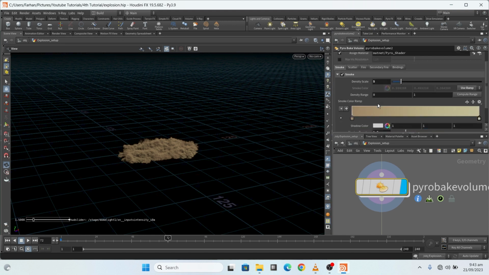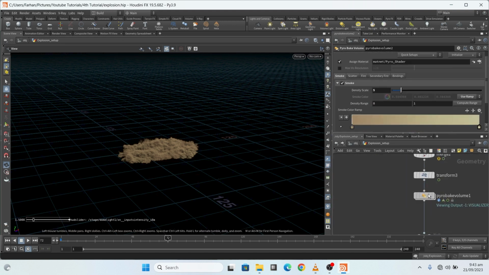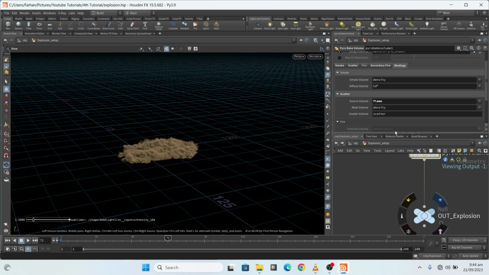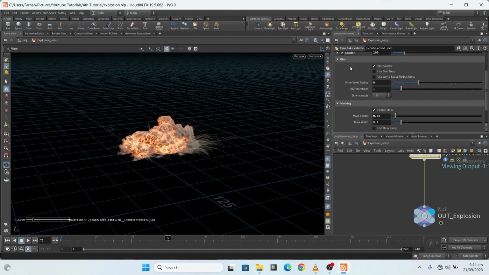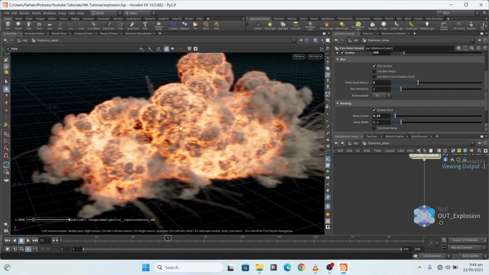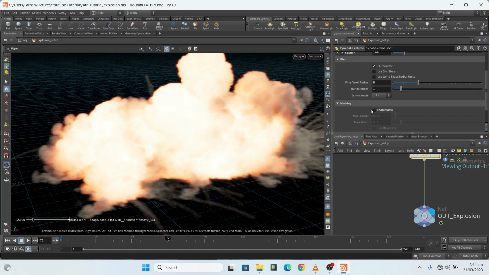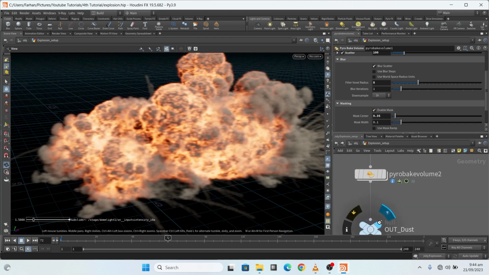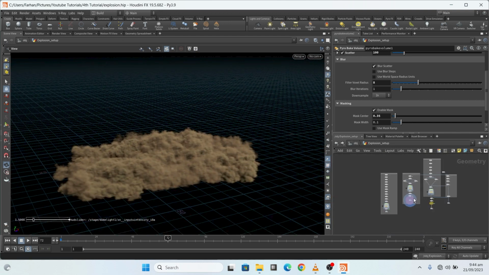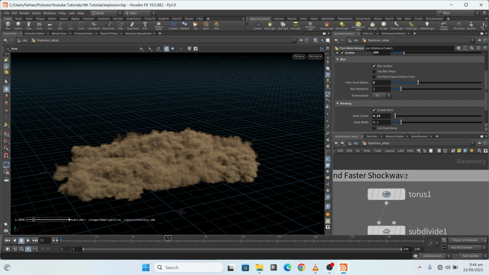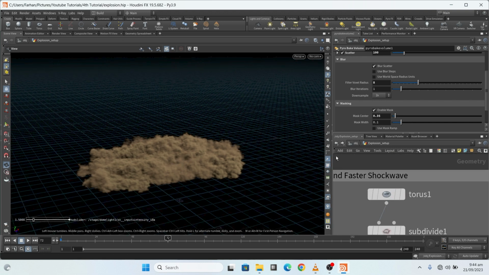or any other. And one thing more for the explosion, in scatter I also add a blur scatter and some masking to achieve this type of look. If I close it, then it looks like this. So I hope you understand this. And then this is extra for the ground shockwave,